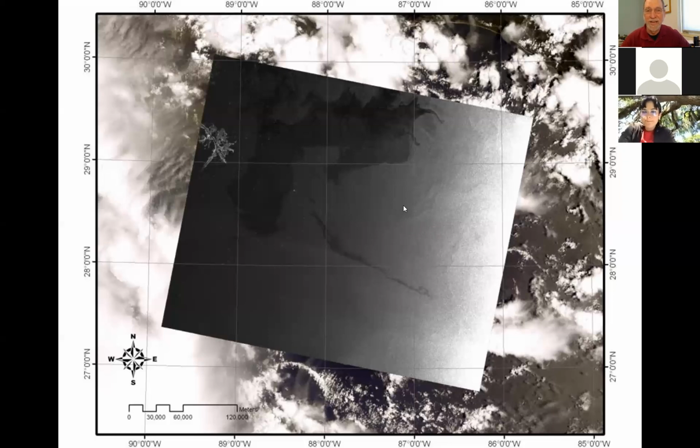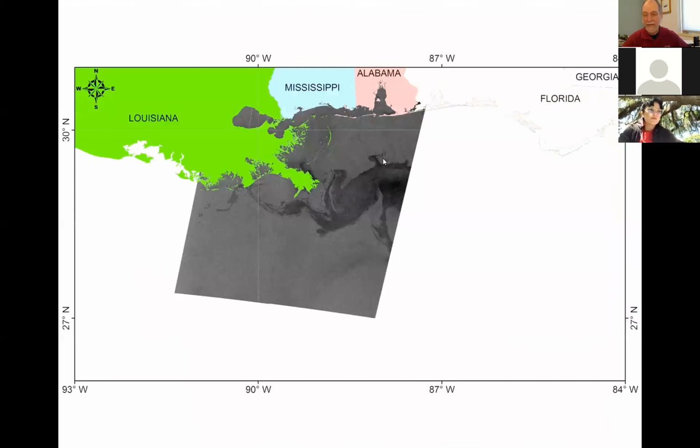This is the biggest collection of satellite images of the ocean ever undertaken, and I hope ever will be undertaken. Well, my job was to go back and try to analyze these data. And so one of the problems we had was that the oil slick was much larger than any individual oil